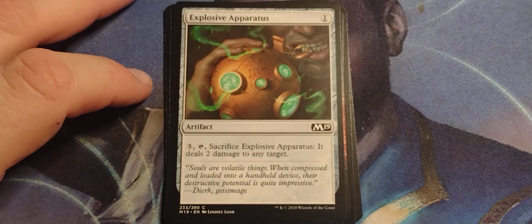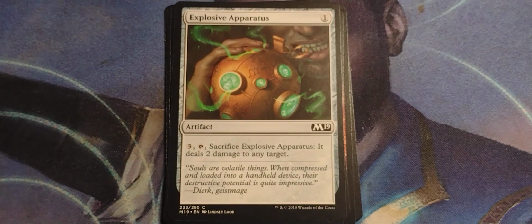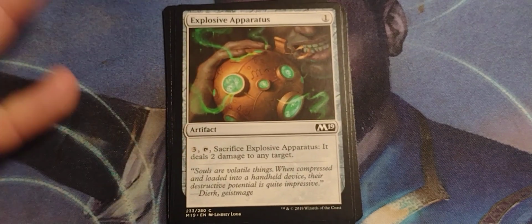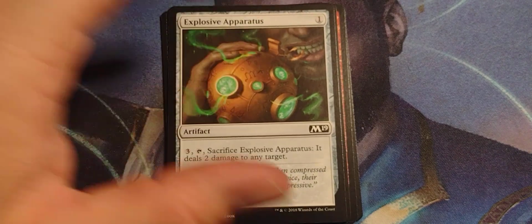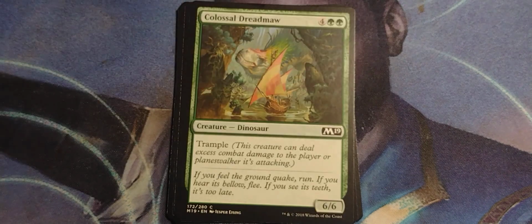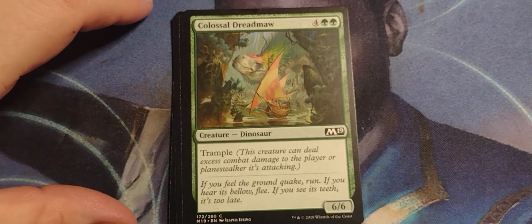This one, not really. Unless, I mean, I think there are some artifacts that reduce the cost of these, so reduce the activation cost. So maybe if you could get a couple of those out, it might be playable. Pay 1, tap, deal 2 damage. Otherwise, not as is. That's only like a turn 1 threat, but other than that,